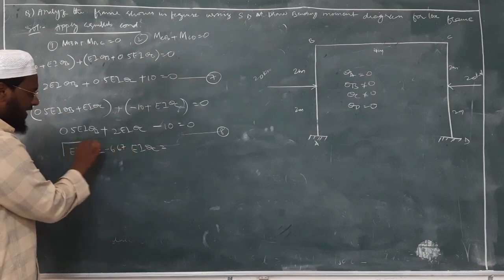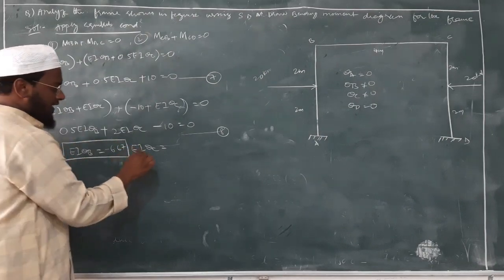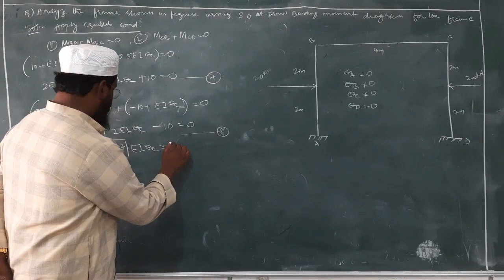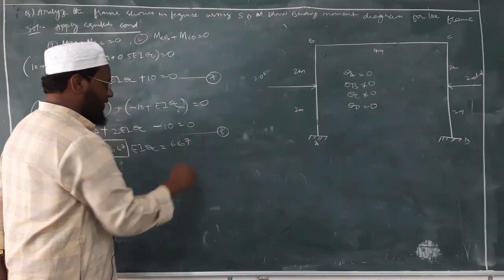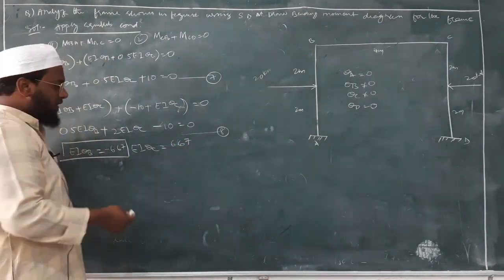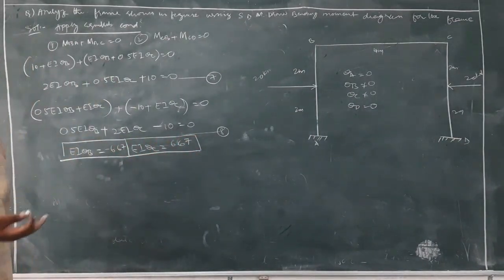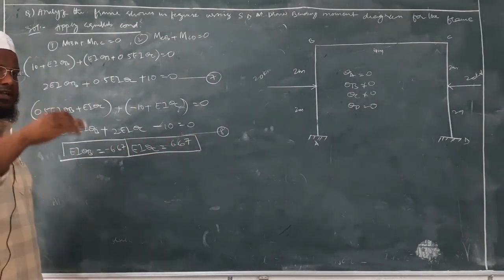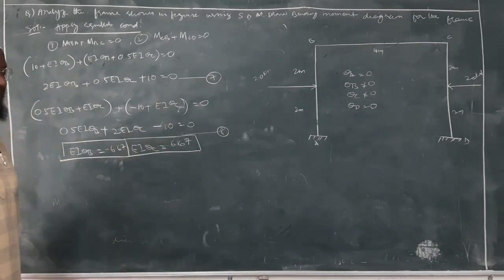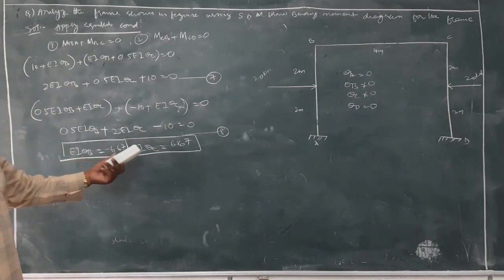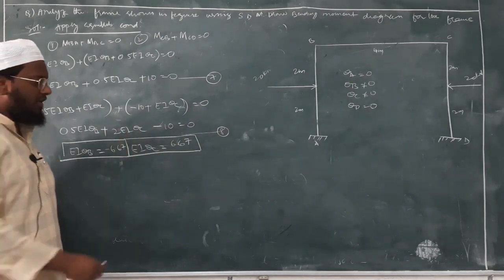6.67, this EI theta B. And what about EI theta C? Okay, 6.67. Since the frame itself is symmetric, the loading is symmetric, so that is why we are getting the same values but in opposite sign, because one force is going in right direction, another force is going in left direction. So once you substitute EI theta B and EI theta C in equation number